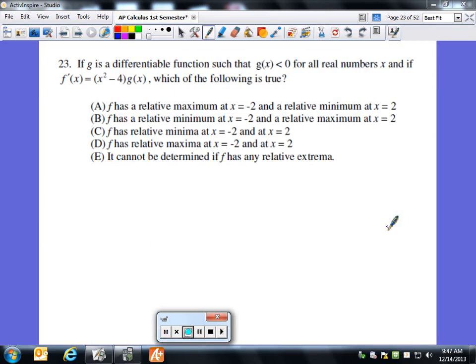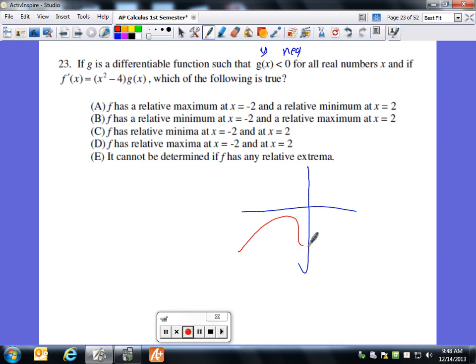Okay, so number 23 says, if g is a differentiable function such that all the y values are negative, okay, so whatever the function is, it doesn't hit the x-axis or go below. Everything is going to stay down here, whatever it is, for all real numbers of x. And if the derivative is equal to the following,